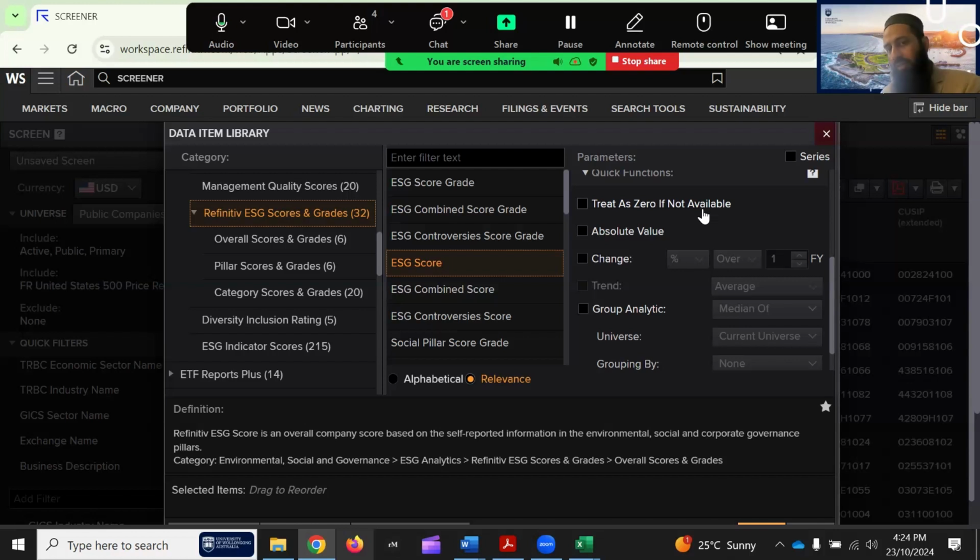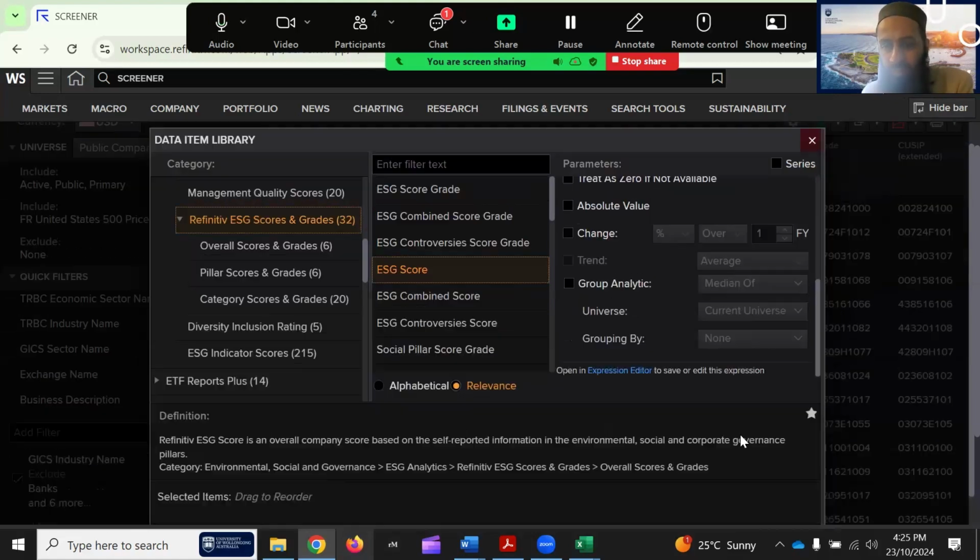Again, I asked one of my PhD students to clarify this with Refinitiv. We are still in contact to let us know: if Refinitiv puts NA, does it mean the company has no disclosure, or that Refinitiv could not extract that data? So what does it mean when Refinitiv puts NA? Again, something for you to consider when cleaning your data.